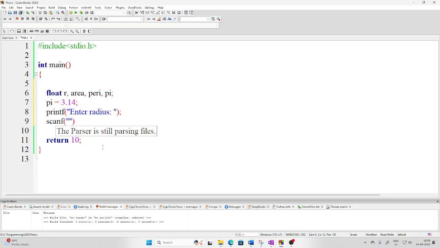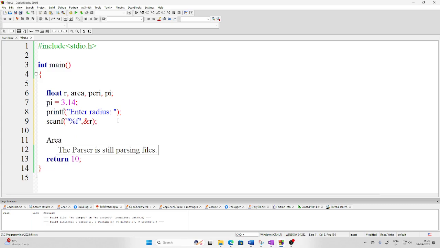What is the data type of radius? It is float. So at the address of r, transfer this data. So this is all over for the data part. Now what is required? I require area. But can I write it like this? No. Whatever variable I am writing, I have to tell its data type first. Because the moment I tell the data type, what happens? A memory location is created where I will be storing it. If I don't reserve a memory location in primary memory, then where will that particular result go? So remember, I have to create